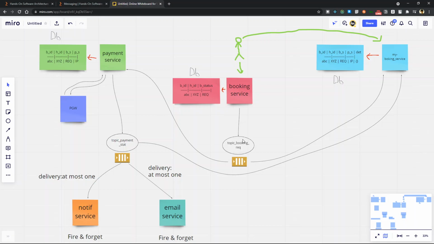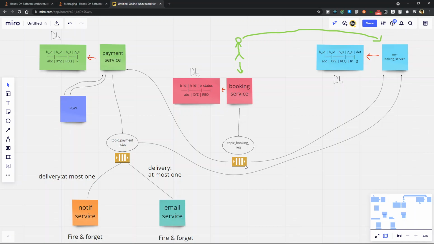In our messaging system, we can create this topic, and when we publish the message to the broker, we can specify to which topic we want to redirect our message. In this case, it is the topic booking request. So the booking service published this message to the topic booking request, going into the queue, and this